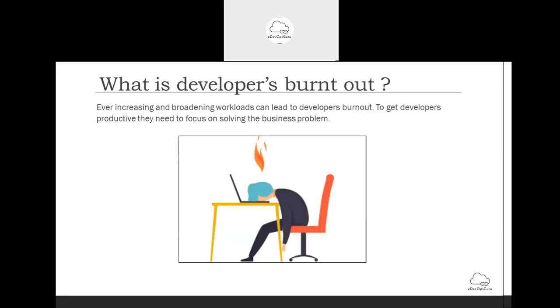Okay. So now I will discuss developers' burnout. What is basically a developer's burnout? As most of us are developers, in the sense that we develop code, or even if we are testers, we are developing some testing frameworks. So what happens,